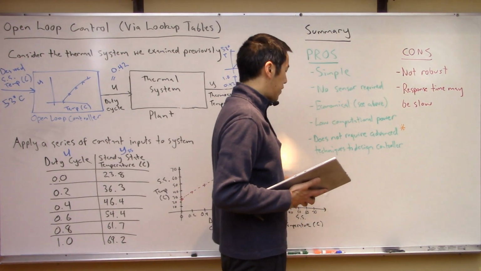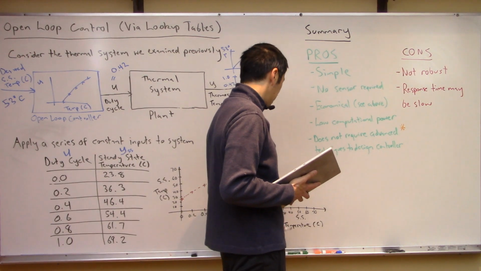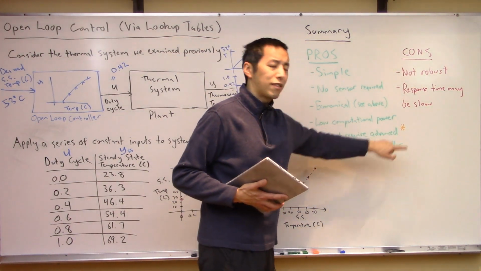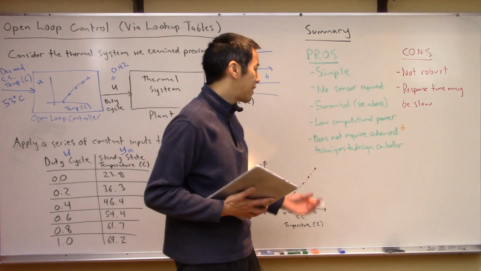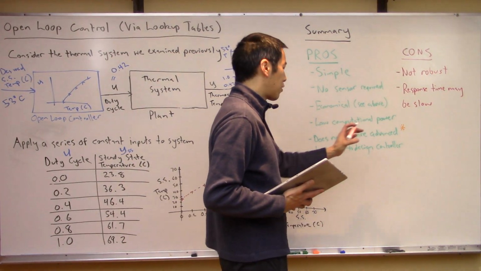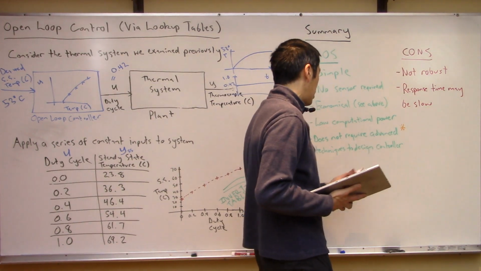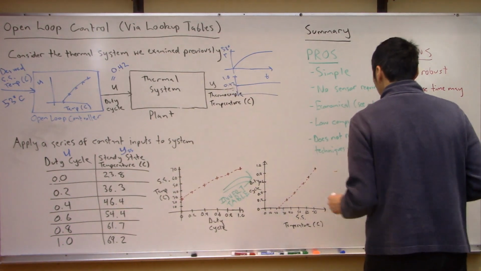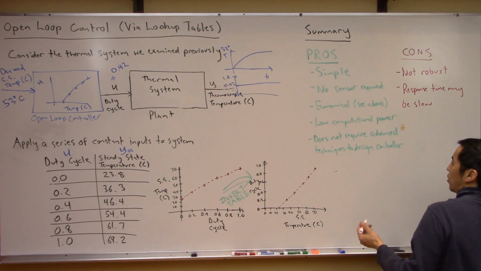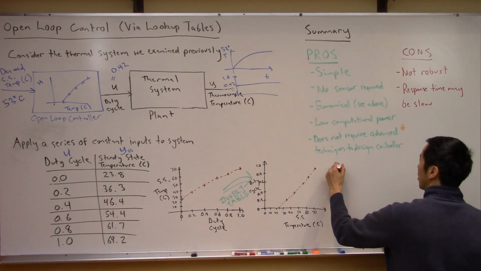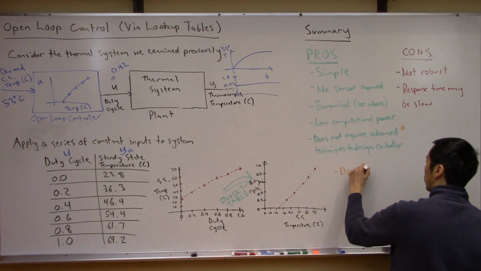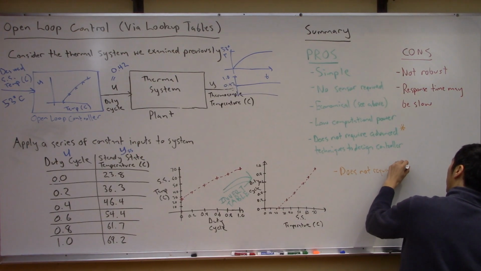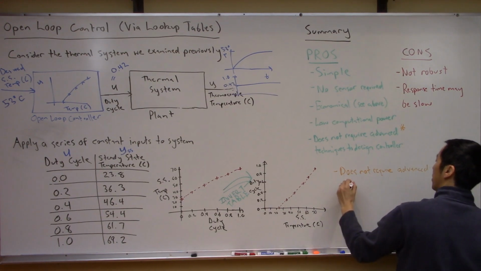So that's some of the pros and the cons. One item that I didn't write down here that relates to this asterisk is that sometimes you'll see this as a pro or a con. Maybe I'll write this again in orange. One thing to note is that when you talk about open loop control, a lot of times people are going to say this does not require advanced plant information,